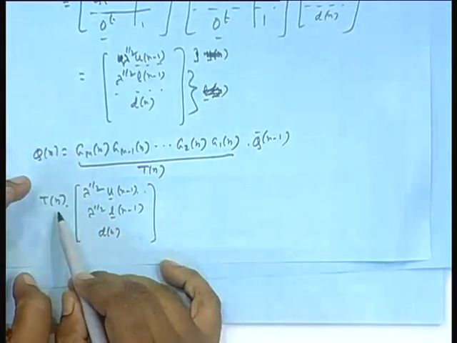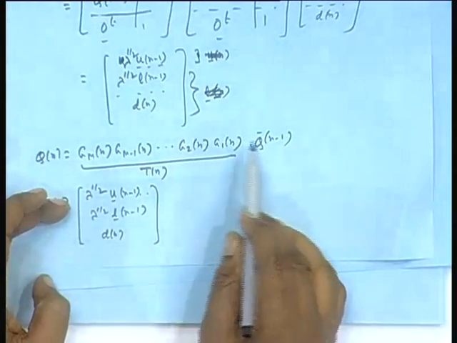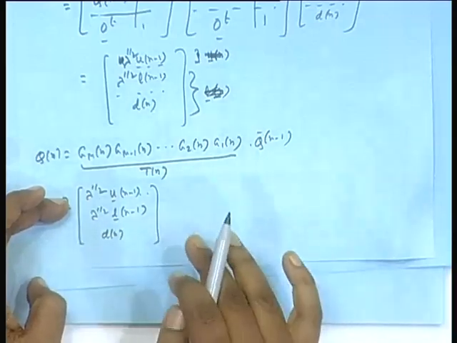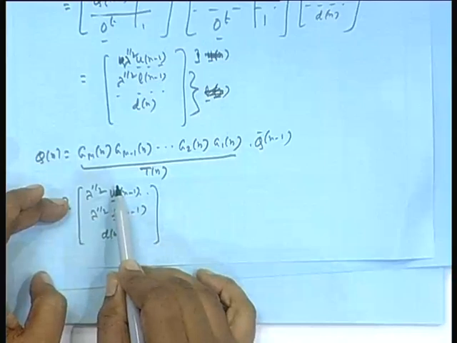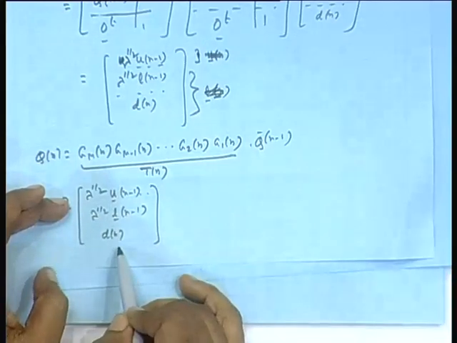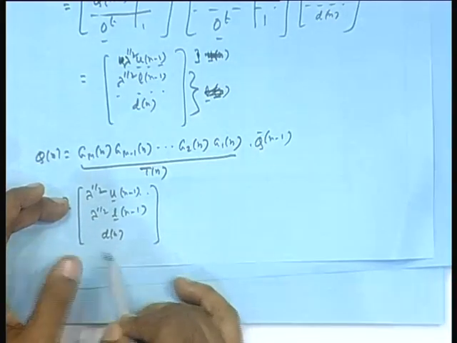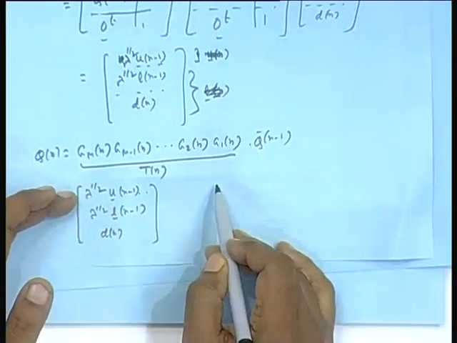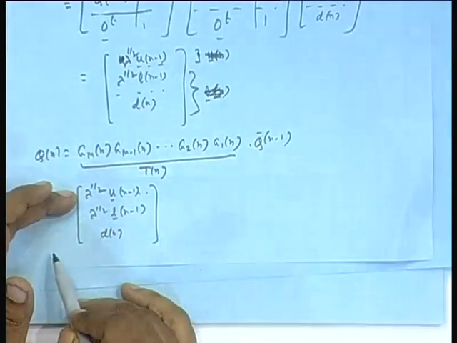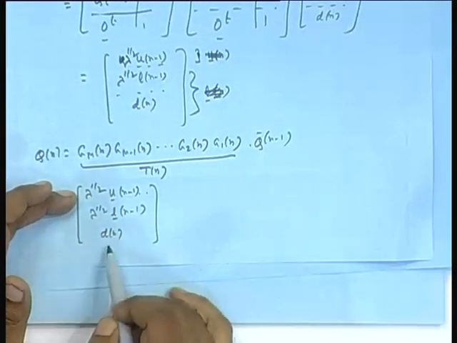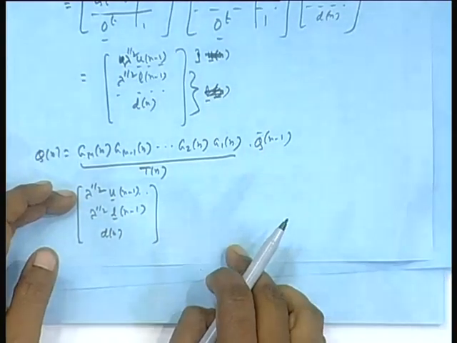In fact, in the case of G 1 n, we know what it is: C 0 0 0 0 S, identity matrix, minus S 0 0 0 C. So, C will work on the first guy, S on the last guy, and that will come to the first position, remaining positions intact, and minus S times first guy, C times last guy, summation, that will come in the last position.